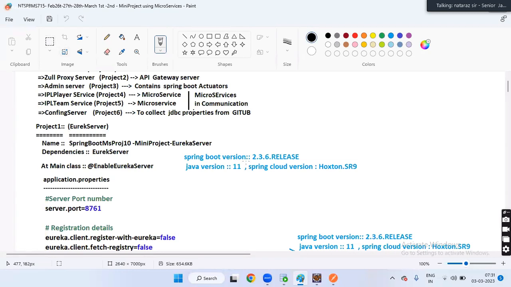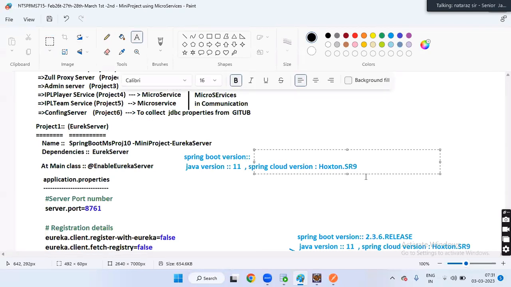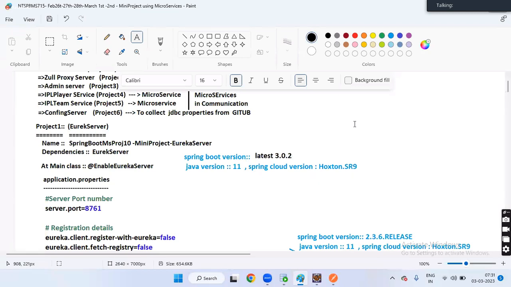Project 1 Eureka server. Spring Boot version is what, guys? Spring Boot version latest Eureka. Latest. In our computer, what is that? 3.0.2. Super, guys.